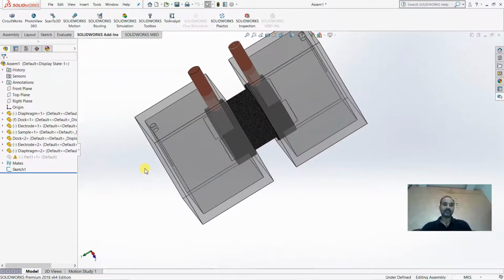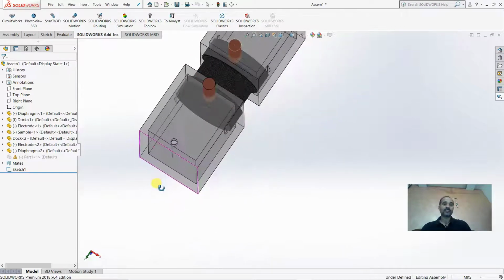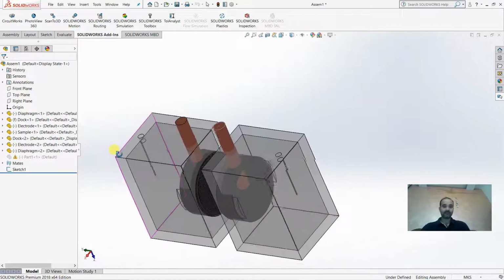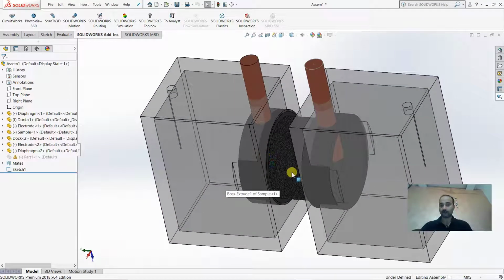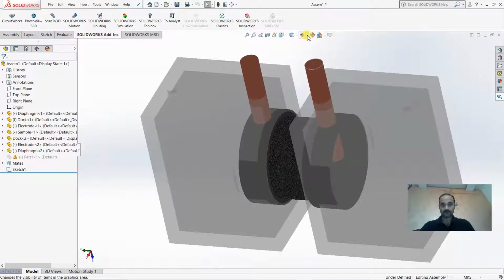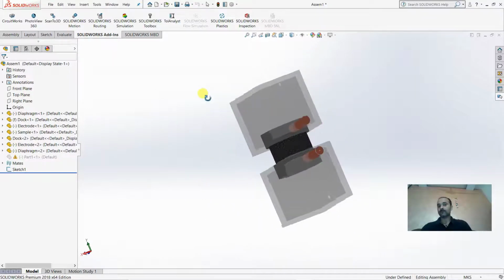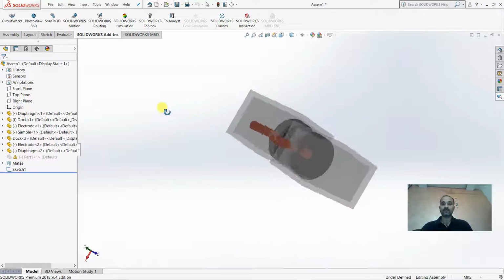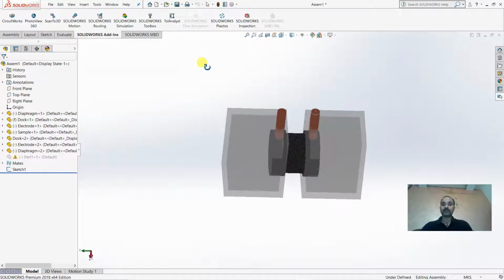This is basically an electronics project in which electrode, diode, cathode are visible here. This is a copper wire. I have applied transparency to them. You can hide the transparency. So this is a glass part, so you can view it as a transparent part.